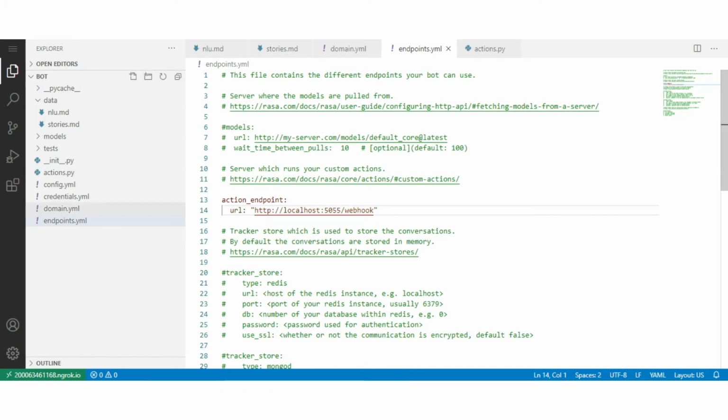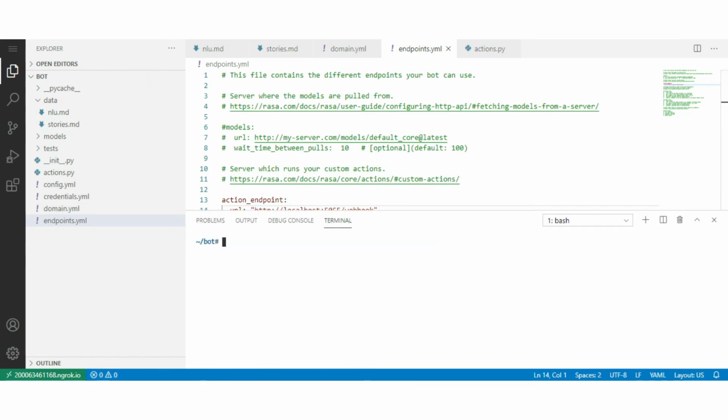Now open the terminal to train the chatbot. Training here is quite simple. Just type rasa train and hit enter. No need to give file details; it automatically fetches them itself.